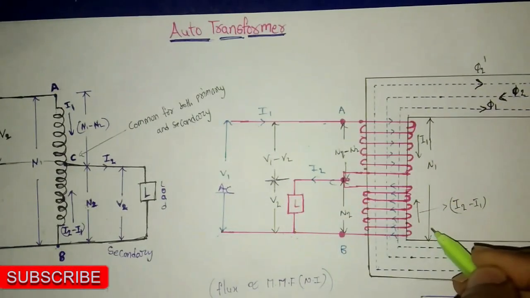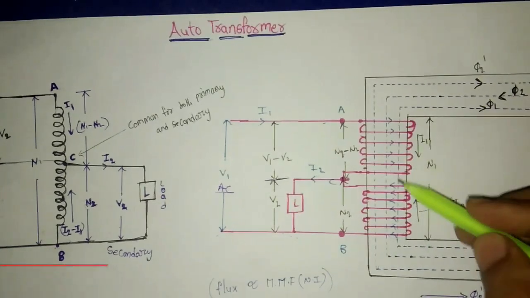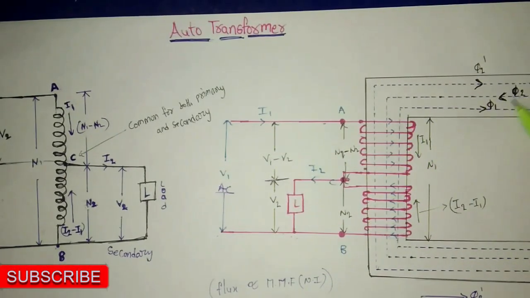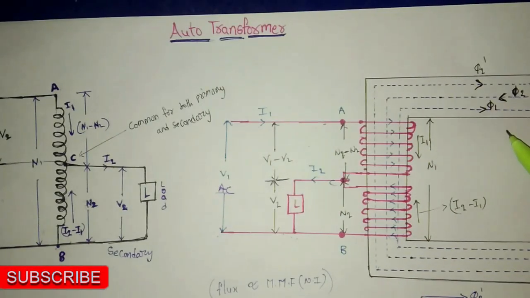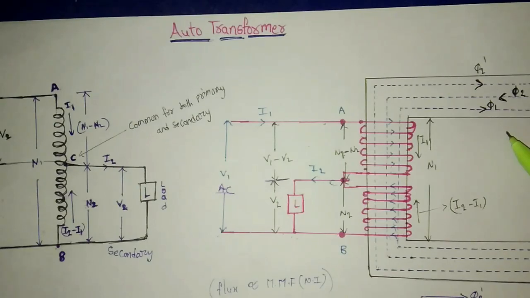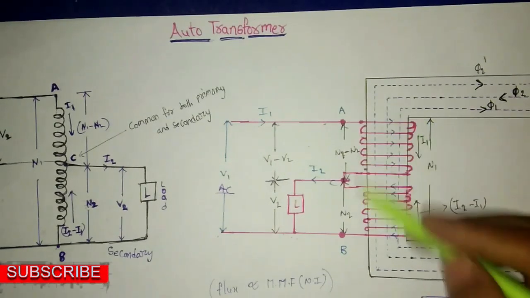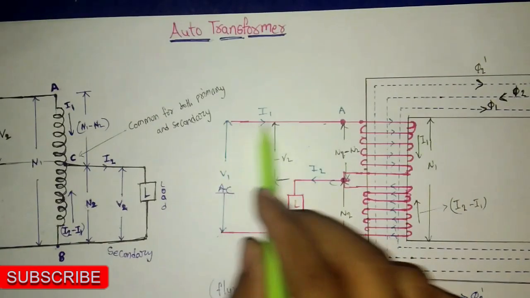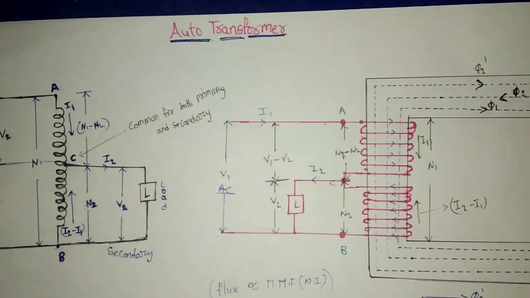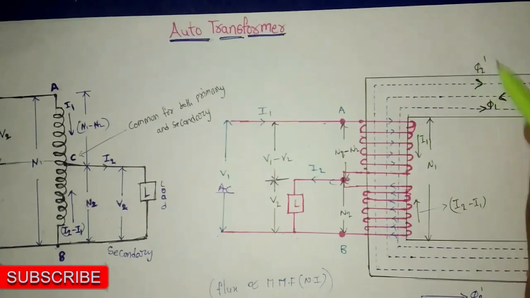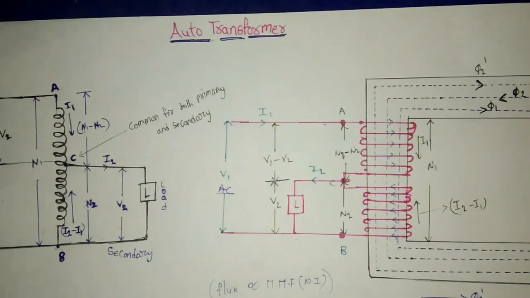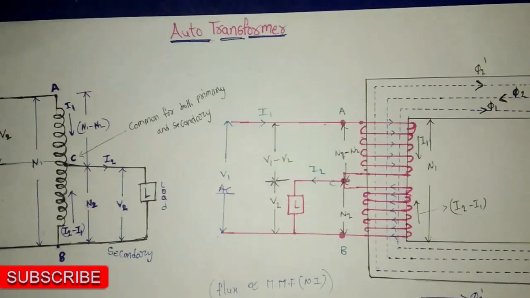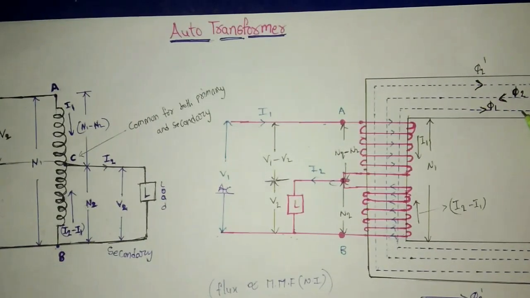When load is connected on the secondary side, the current I2 flows in the secondary. The current I2 produces flux Phi2, which opposes the flux produced by primary winding Phi1. It reduces the value of Phi1, thereby the EMF induced in the primary winding also reduces. Due to decrease of induced EMF in the primary, the current flowing through the primary winding increases. The increased current produces flux Phi2 dash. Here we observe Phi2 dash is equal to Phi2, but in opposite direction. Thus, these two fluxes get cancelled. The main flux remains the same.